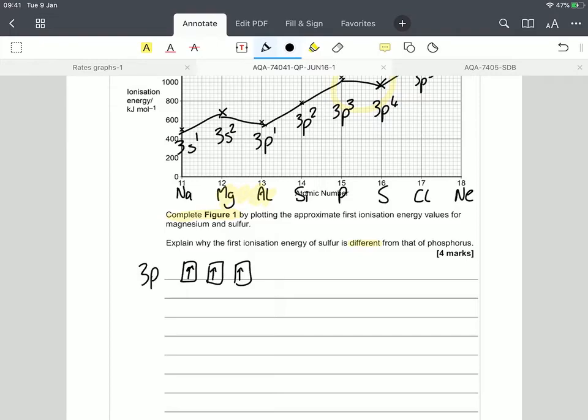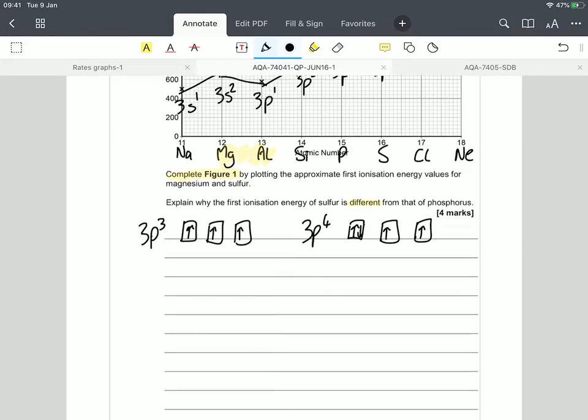So if you've got a 3p3 configuration, part of your diagram would look like that. If you've got a 3p4 configuration, you've still got the same number of orbitals, and you'd still put these 3 in, but then you'd have a down arrow showing a paired electron. So that's what we need to arrive at, right? So the answer is sulfur has a paired electron